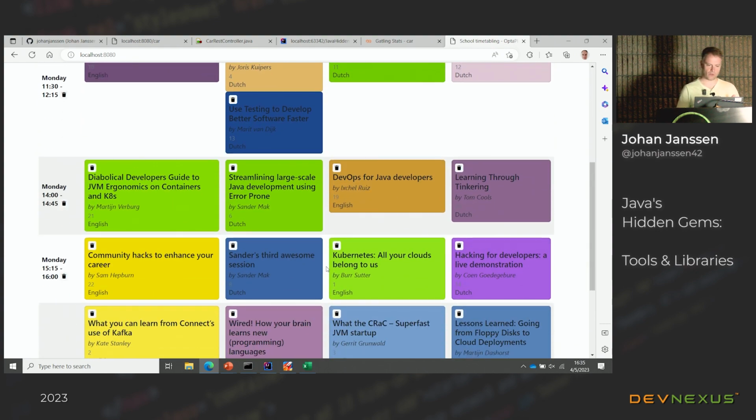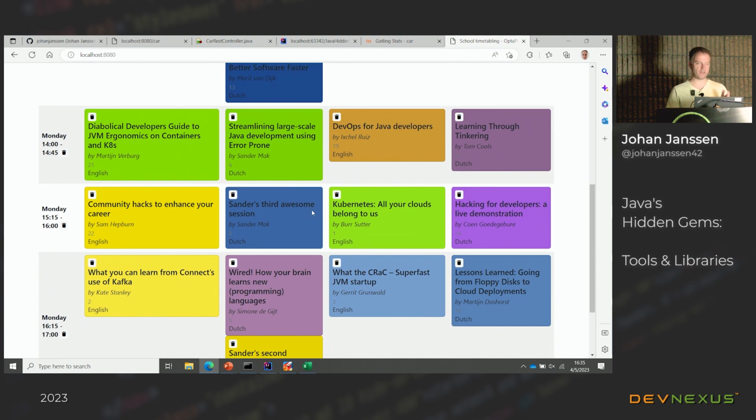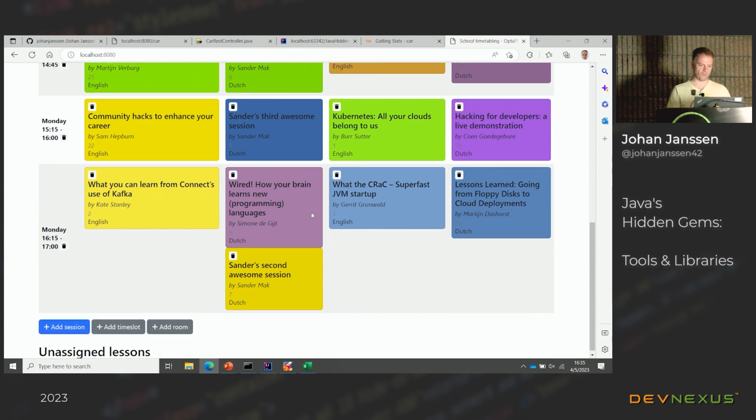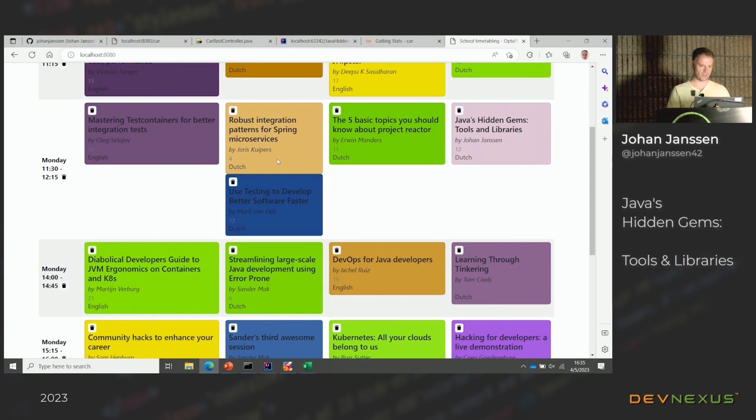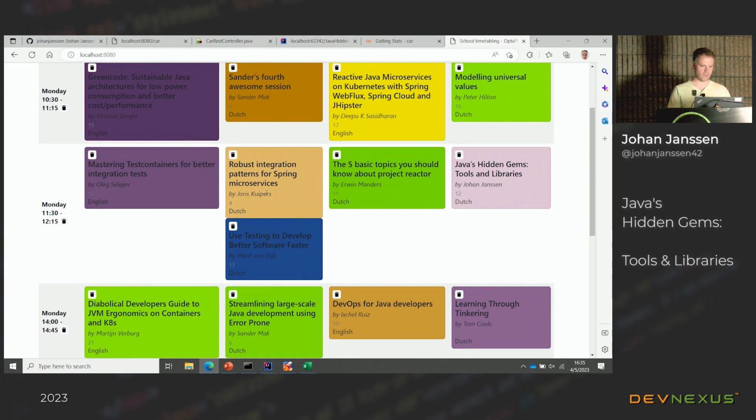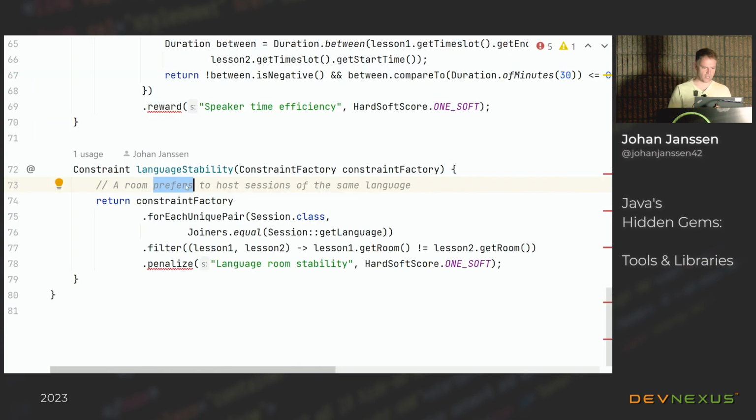Then there is another interesting thing, because I specified that if a speaker has multiple sessions, the speaker should do them all after each other. So here we see Sander Mak, here we see Sander Mak, here we see Sander Mak, and here we don't see him. And here we see him again. So basically I would have expected this one to end up here. But actually the reason for that is